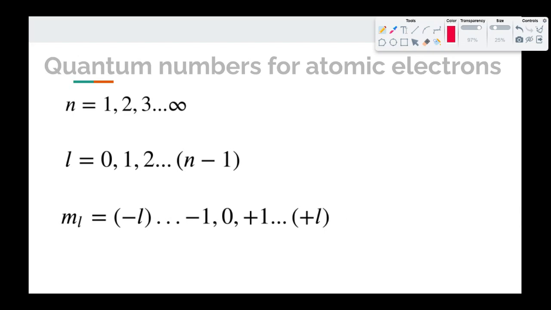The next quantum number is called m sub L, or the magnetic quantum number. This can have negative values, and its range is negative L to positive L. So if L is 0, then m sub L can only be 0. If L is 1, then it can range from negative 1 to positive 1, through integers, so that would be negative 1, 0, and positive 1. If L is 2, m sub L could be negative 2, negative 1, 0, positive 1, positive 2. So m sub L is limited on both sides, but it can be negative. And once again, it's only whole numbers.